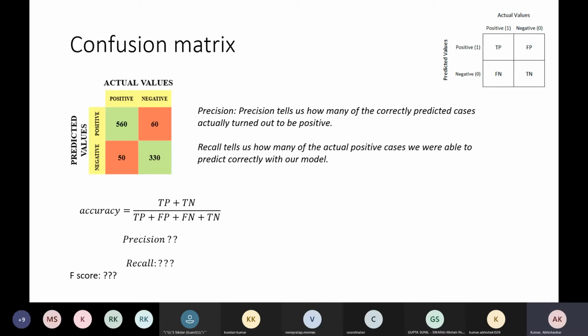Recall tells us how many of the actual positive cases we were able to predict correctly with our model. Just pay some attention on the wording. I think then you will be able to tell me the formula for precision and recall.